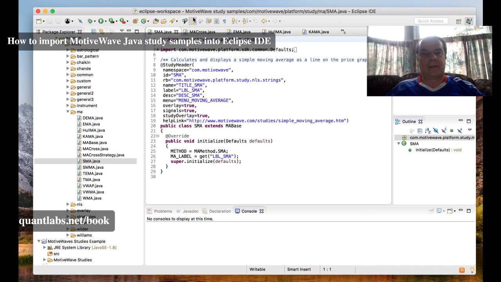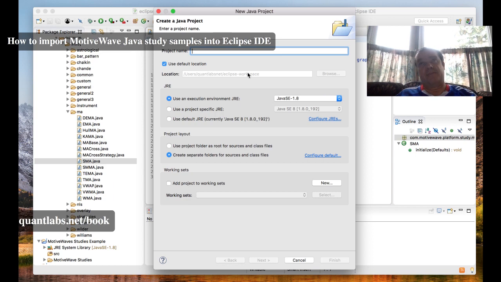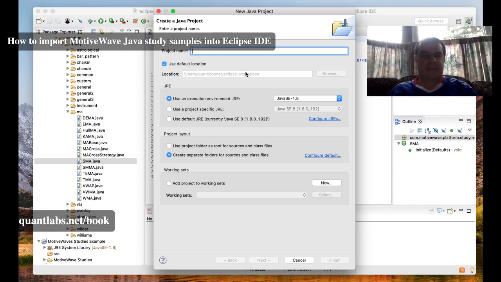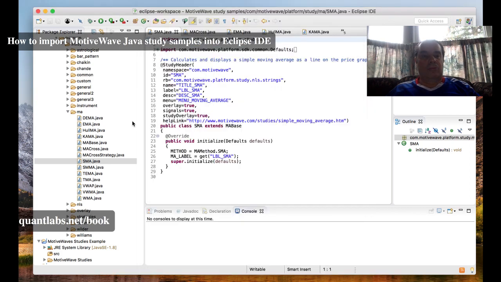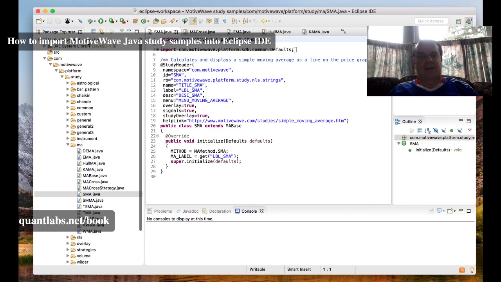From there, the PDF manual will explain this to you. Put your project name in using this JRE, and the location is usually the default, wherever you set your workspace when you load up Eclipse. Once you have it in this Package Explorer, and you'll have an empty one here,